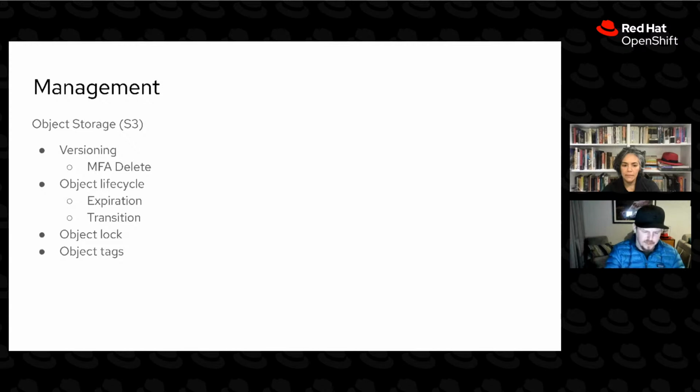And then finally, there's object tags. I referred to this earlier, but object tags are really powerful when combined with access control, because instead of doing access control based on a bucket or based on a prefix within a bucket, you can do it by tag. So if you have things dumping data into your data lake or whatever, you can have some sort of automated process. And we've done some cool ones of those before, where you set up a bucket with notifications, and then that triggers some serverless